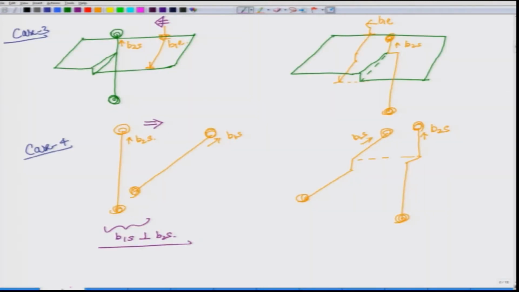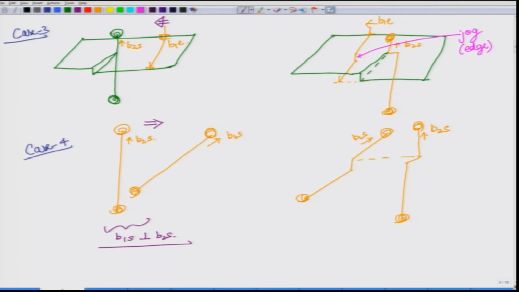So, let us get to case 3. First let us look at the simpler one, which is the edge dislocation. So, here the edge dislocation, as you can see, has moved away from the plane. So, clearly it is a jog, and if it is a jog, then by default it has to be an edge dislocation. For an edge dislocation, the jog leads to an edge dislocation.